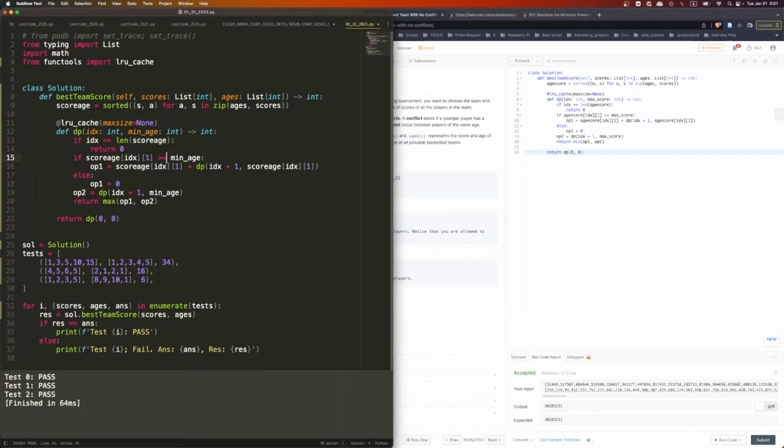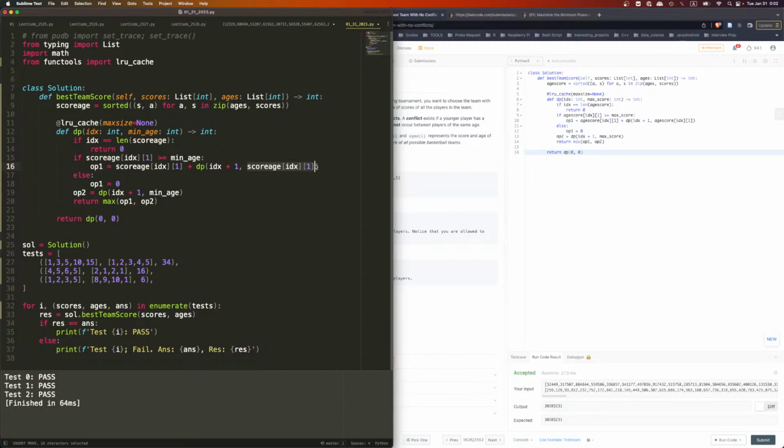So it should be larger or equal to minimum age. And then if you take this and your age is larger, we just use the minimum age. Huh, isn't that the same? Under what condition can you not take? Well, if your age is smaller than the previous minimum age, then